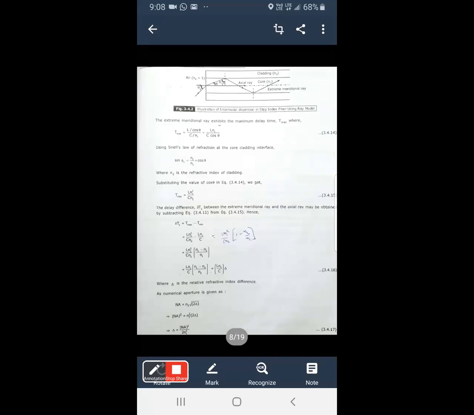Based on the difference between the fastest ray and the slowest ray, that is T maximum minus T minimum, we can obtain L by 4 square root of 3 N1 C into numerical aperture squared. Last class we discussed this. Now we want to discuss